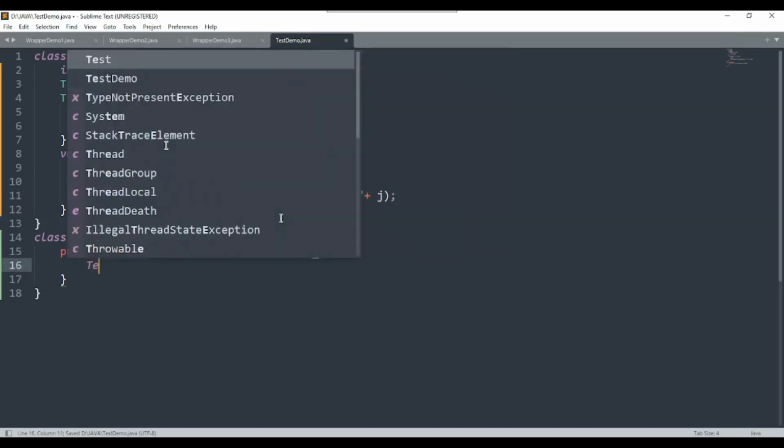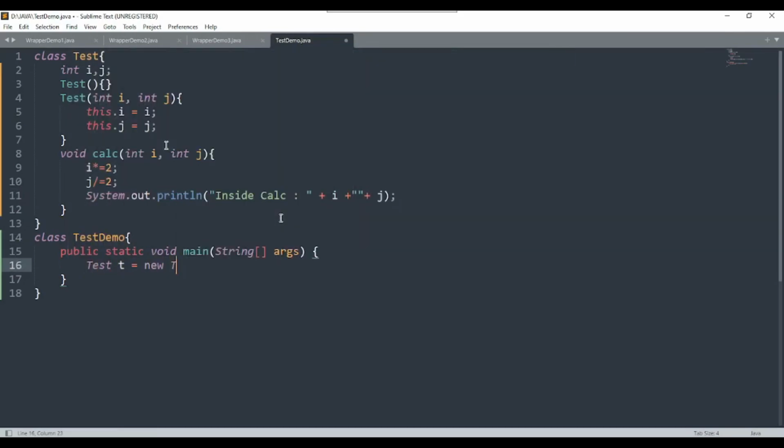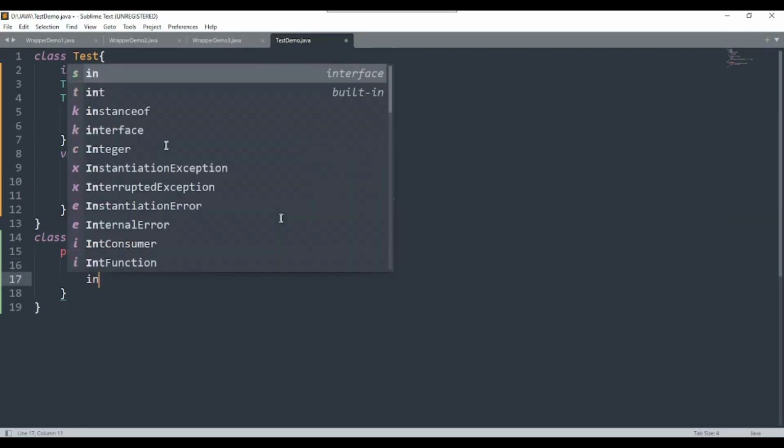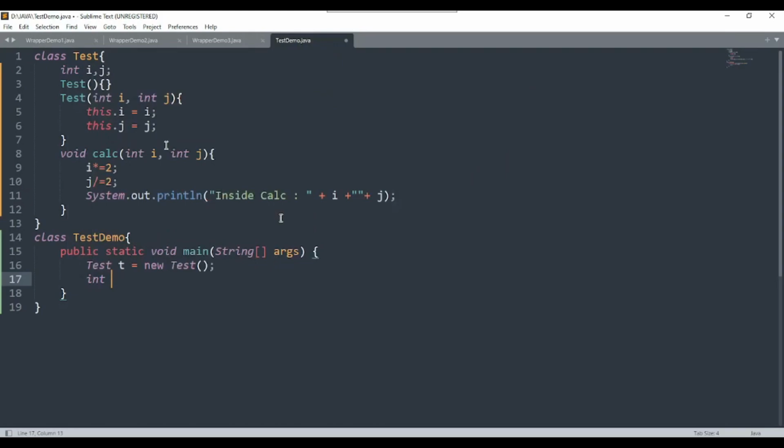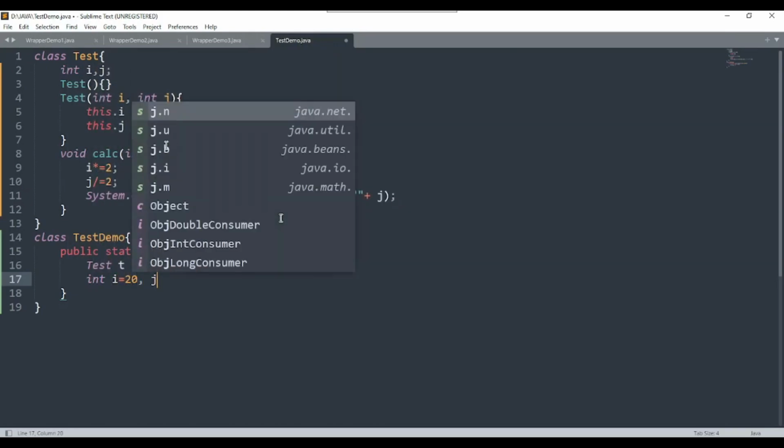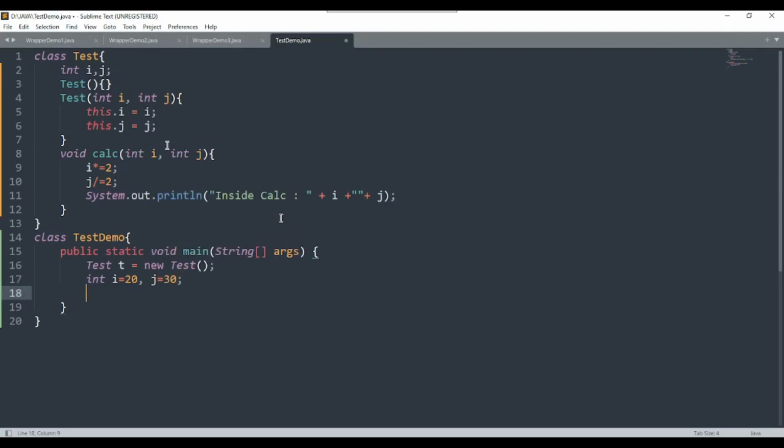To call this calc method, I need to create an object of the Test class, and I will write t dot. So Test is the class and t is the object of the Test class. Now I will write int i = 20; int j = 30;